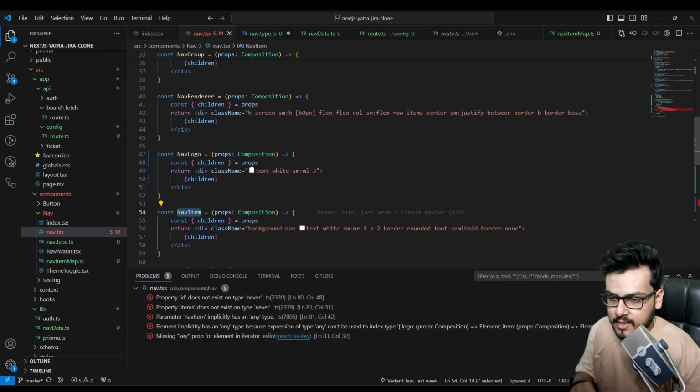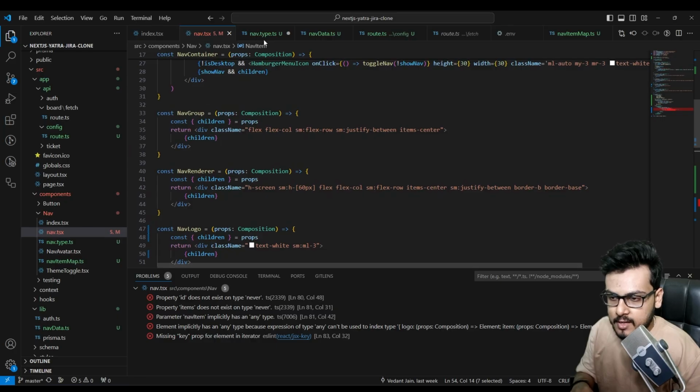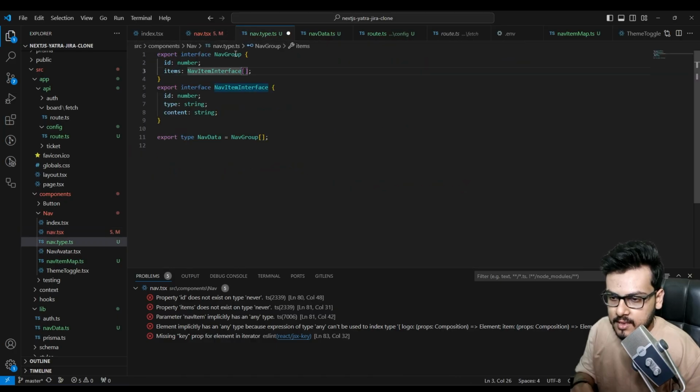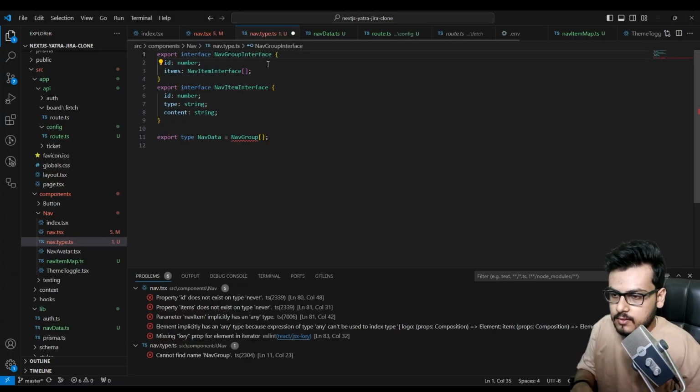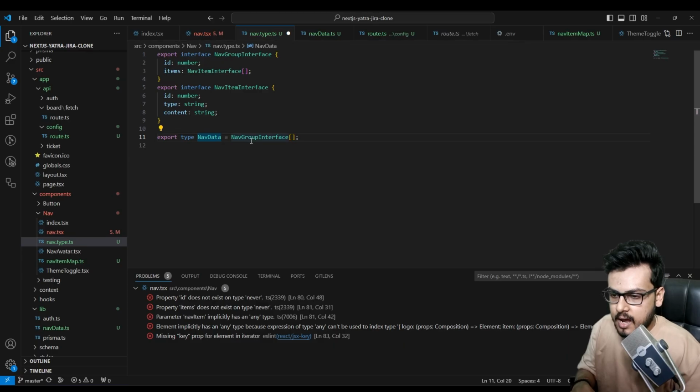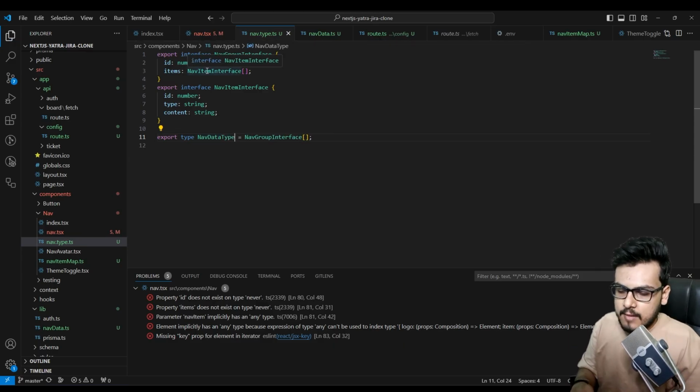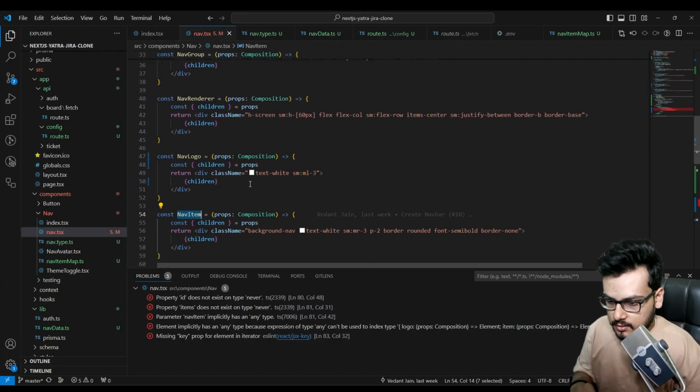And do we have something called nav group as well? So let's change it to nav group interface like this, and nav data type. This looks much better. So we have created the types, and over here,